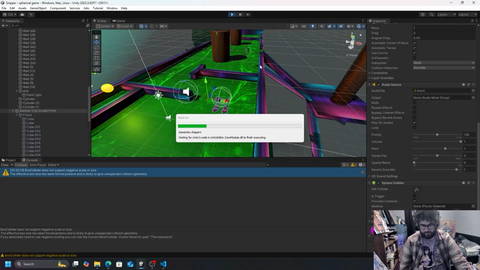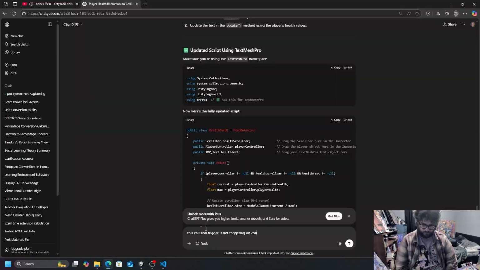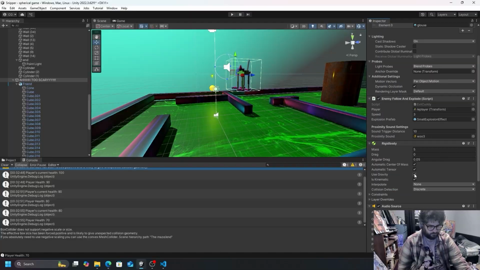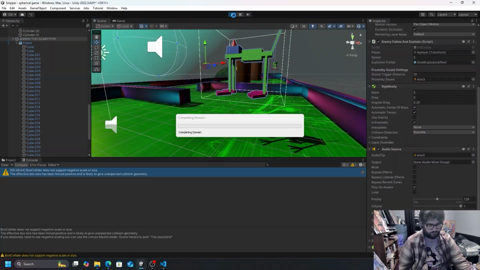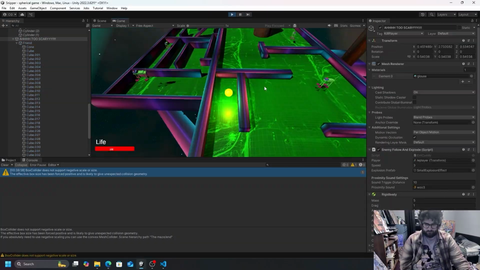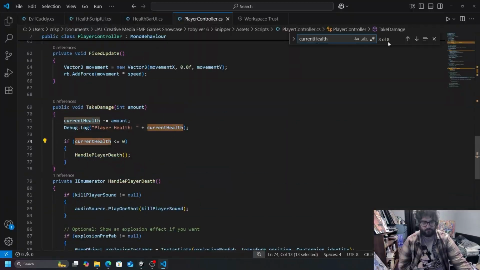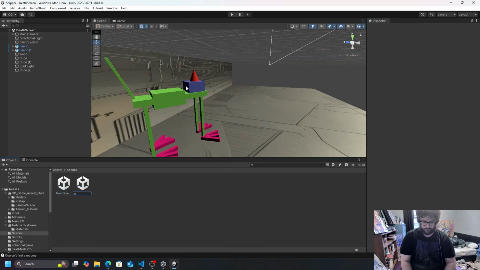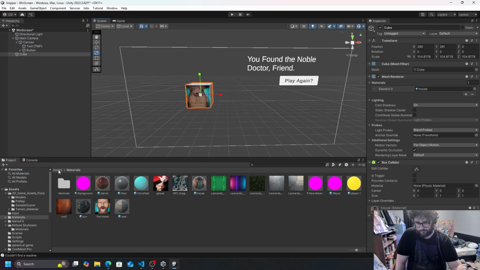Doing the scroll bar, and then also making it so that events when the player collides with a tagged enemy actually have an effect on the scroll bar. Fairly easy to implement. Again, I just found some ChatGPT generated code, because it's a fairly typical thing: you have a variable that you can access in various scripts, which then allows for that. The actual physics colliders were a bit off, so I spent a bit of time messing around with that on the enemies as well, fixing bits of that.